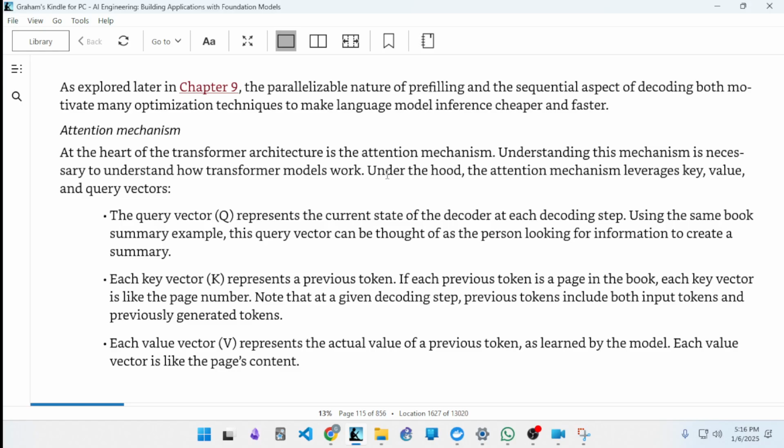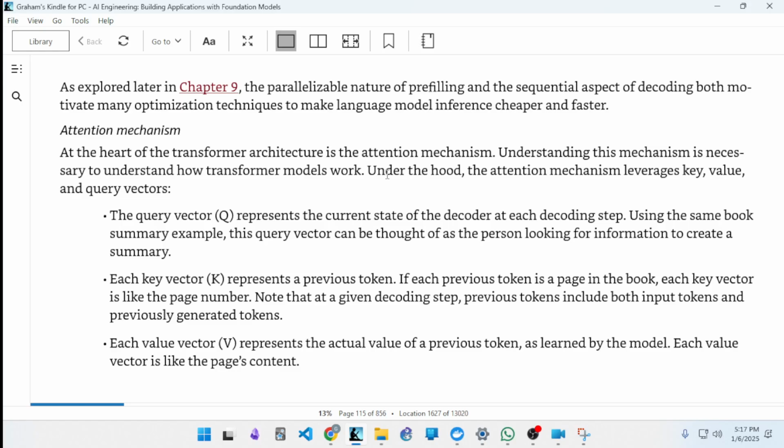Understanding this mechanism is necessary to understand how transformer models work. Under the hood, the attention mechanism leverages key, value, and query vectors. The query vector Q represents the current state of the decoder at each decoding step. Using the same book summary example, this query vector can be thought of as a person looking for information to create a summary. Each key vector K